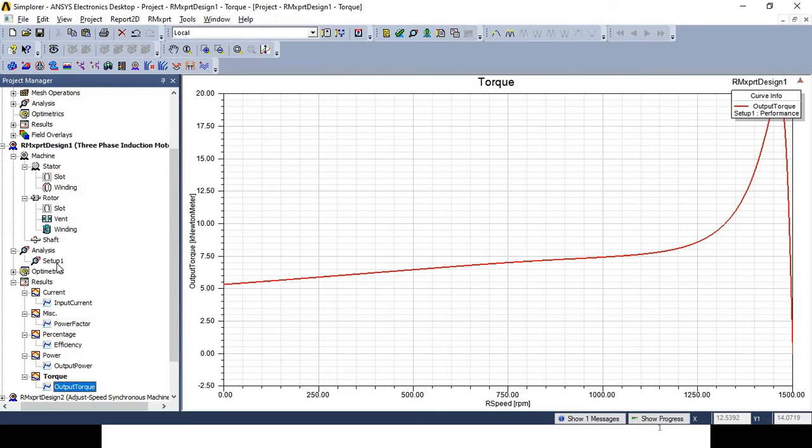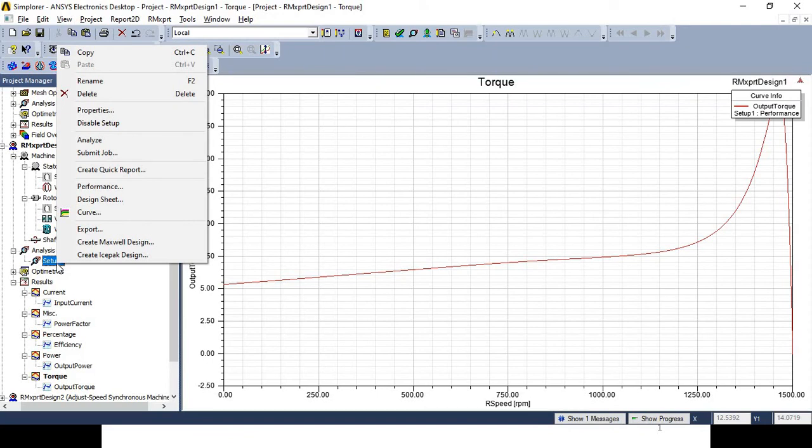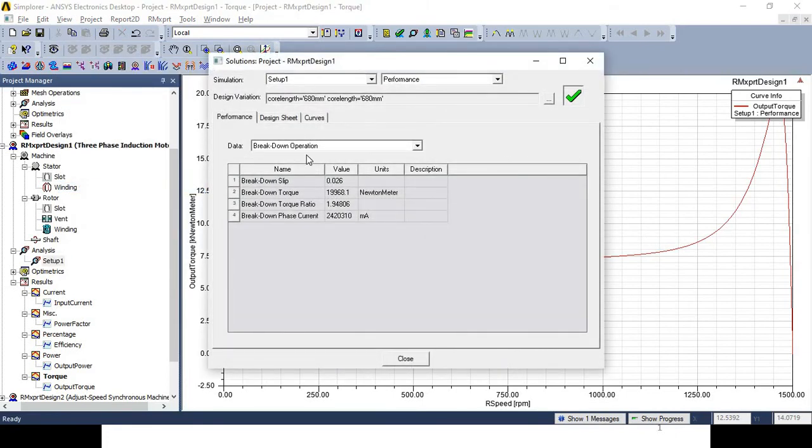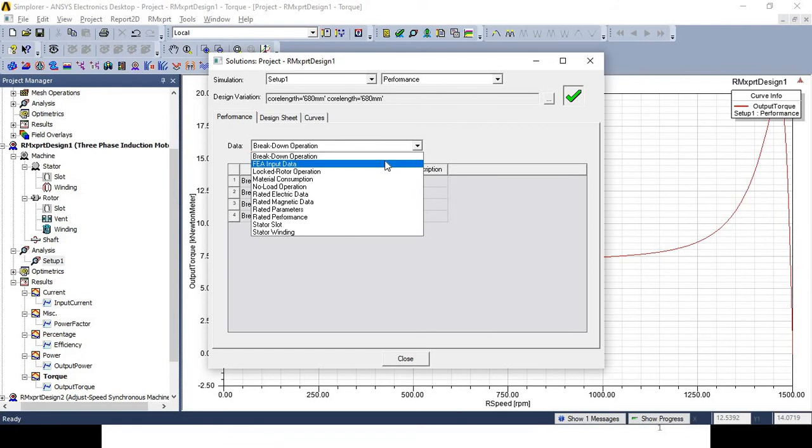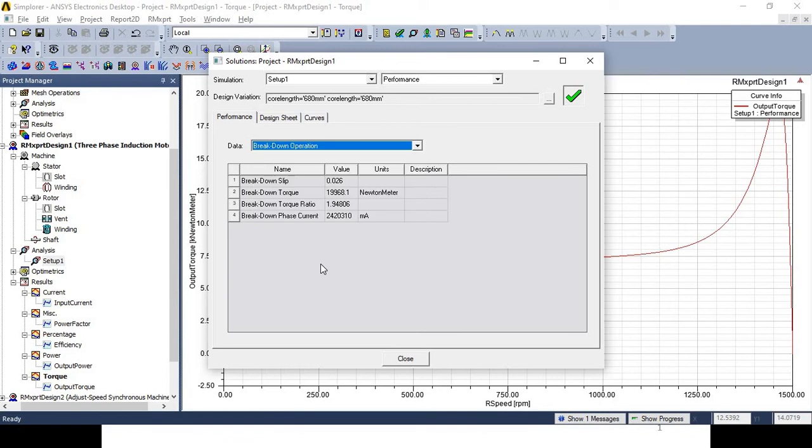Another information which you will get through this analysis, when you right click on the setup option, there is an option for the performance. Once you press on the performance, see, you can check the different performance like breakdown operation, then FEA input data, locked rotor operation, material consumption, no load operation, rated electric data, rated magnetic data, rated parameters, rated performance, stator slot, and stator winding.